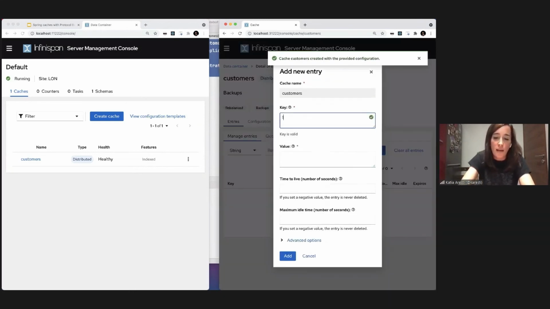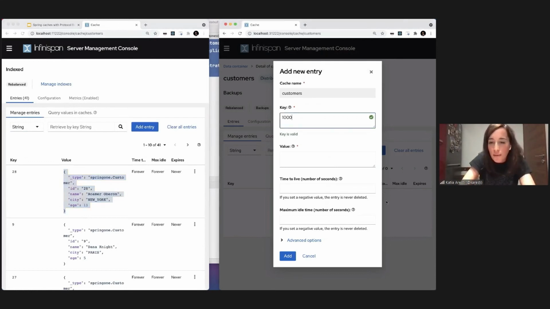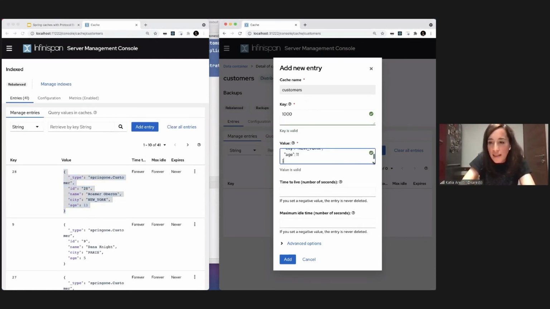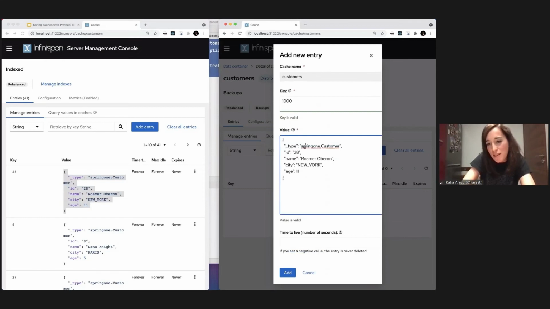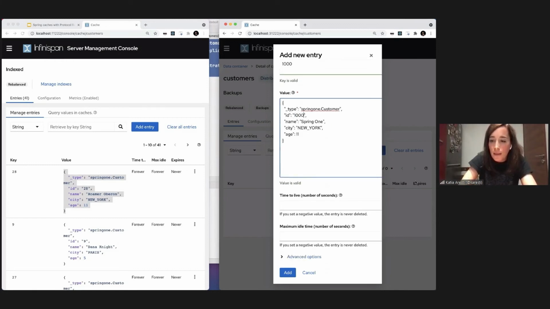And now I'm going to add an entry with key 1000, and I'm going to get a JSON over here to place it this way. So it's a type Spring One customer, and I'm going to change the name and here as well the ID. And so if I add this,